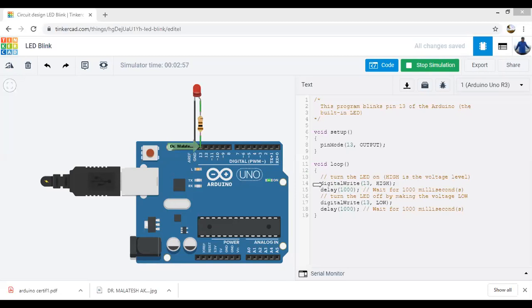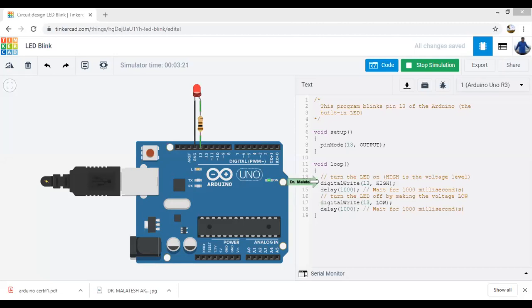After the LED is on, there is a delay of 1000 milliseconds, which is nothing but 1 second. Then this is the command line to turn off the LED. To turn off the LED, we have to send a low voltage on pin number 13, using the same command, digital write.